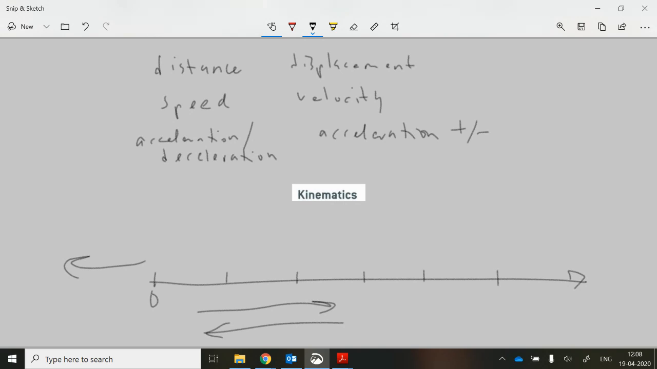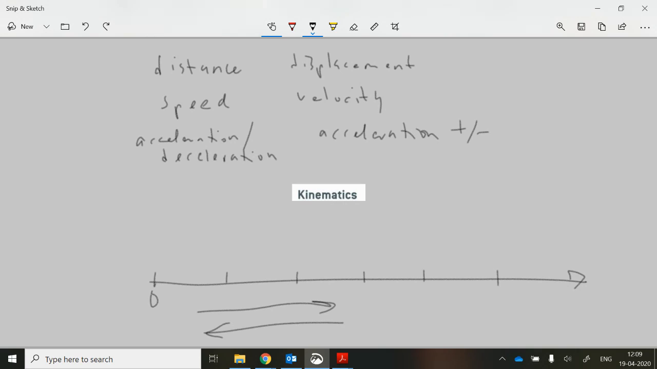Now, we're dealing with situations where acceleration could be non-constant, and we're able to deal with that because we are doing a technique of differentiation. Right. So first of all, what you need to know is that we deal with